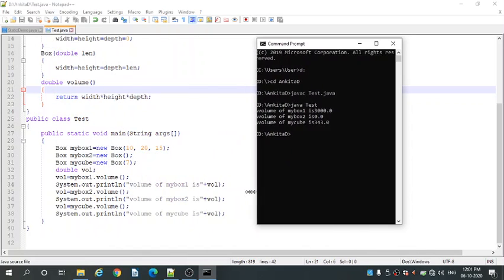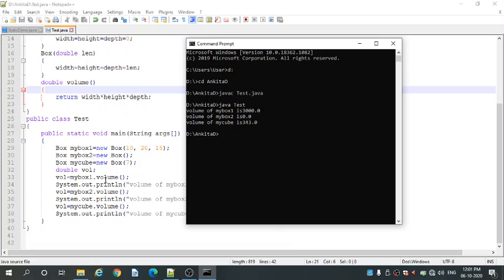From this class Test, from this object, we are passing 10, 20 and 15 to the method volume. So the width value is 10, height value is 20 and depth value is 15. It will be calculated and the result written back to the class Test, and it prints the result, that is volume of myBox1 is 3000.